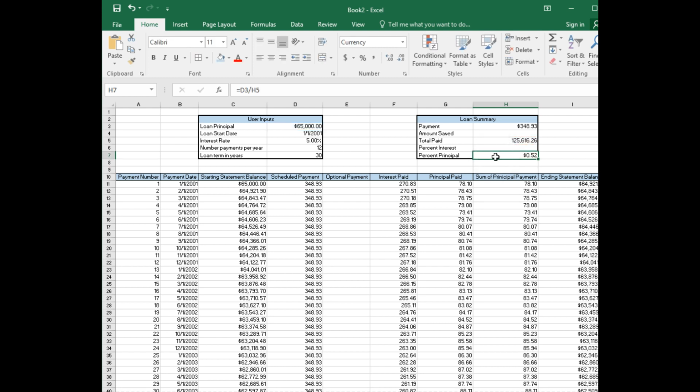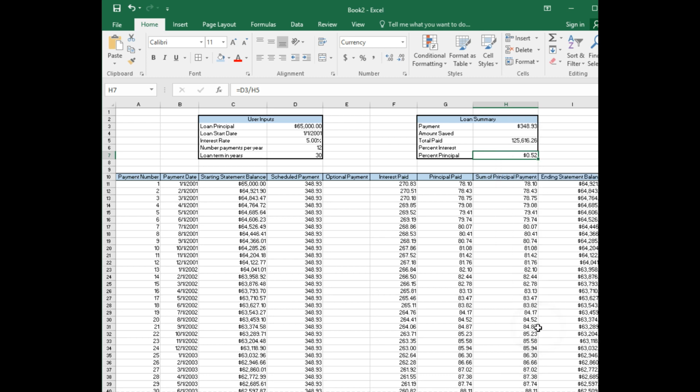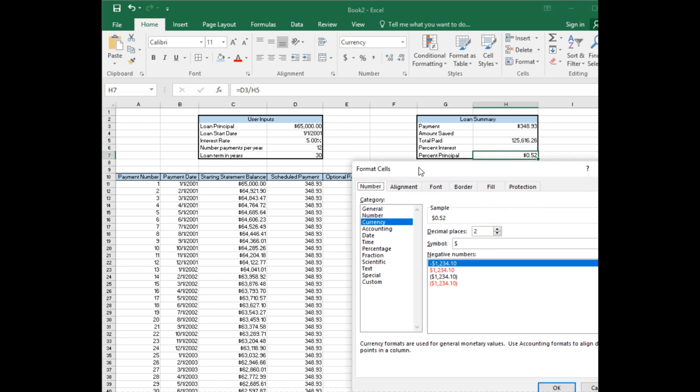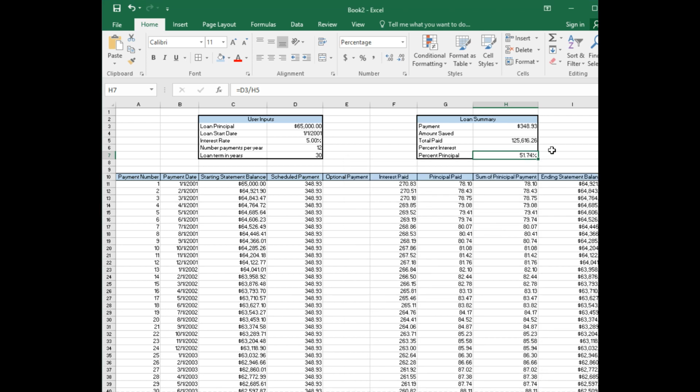And Excel thinks we're looking at a currency here, so we need to right click, go to format, and tell it no, you're not looking at a currency, but rather you're looking at a percent. And let's go ahead and make it a percent rounded to the second decimal place. So 51.74%